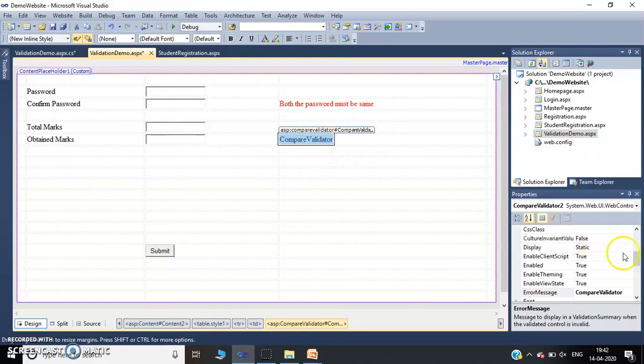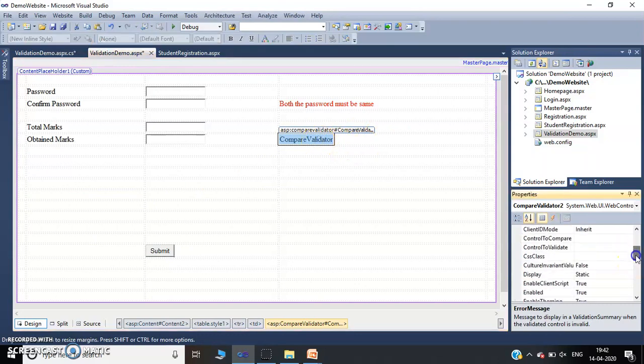So in the same way, first important property is control to validate. So for control to validate, we are going to validate control obtained marks. Then we compare obtained marks with total marks. Second property. Third property, error message.